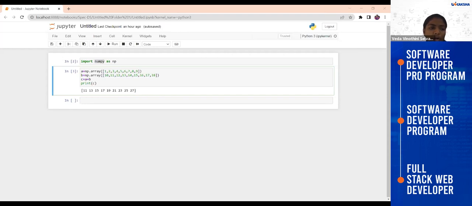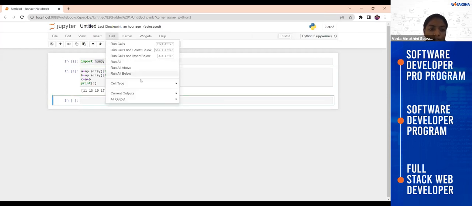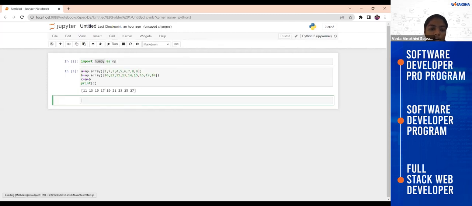There are plenty of operations and concepts available in NumPy. I'll give you the gist of how to create an array and how to use NumPy in any of the processes. Of course, everybody knows there are plenty of operations, right? So what are the operations present in NumPy?